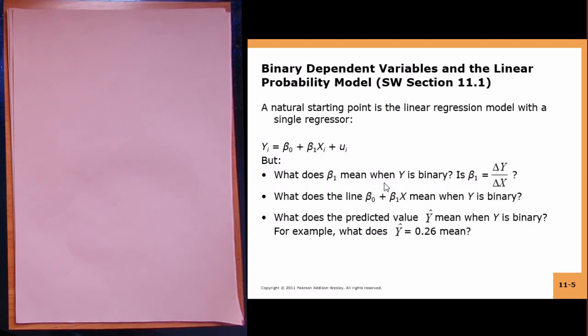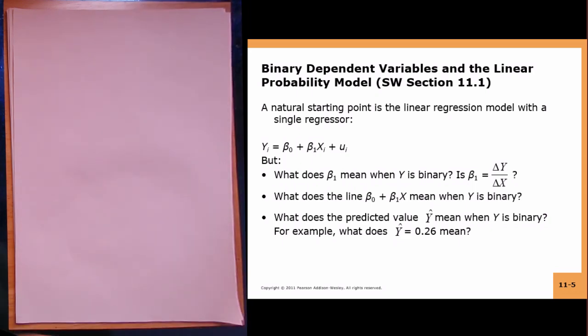But now you will notice that in the normal case, when your yi is continuous, what does beta 1 stand for? Beta 1 stands for how much there will be an increase in yi for a unit increase in xi. Beta 1 is delta y by delta x. But what does beta 1 mean when y is binary? So y can only take a value of 1 or 0. There isn't a fractional delta y that happens for a unit change in x. A fractional change in y does not make any sense. Let me